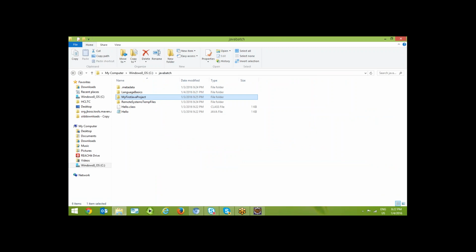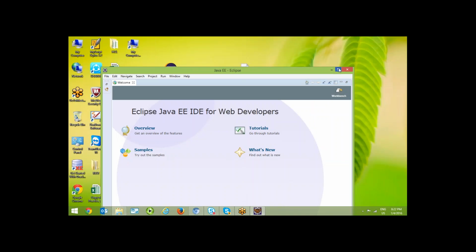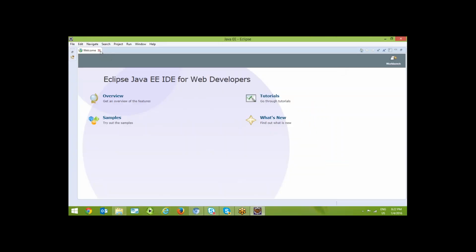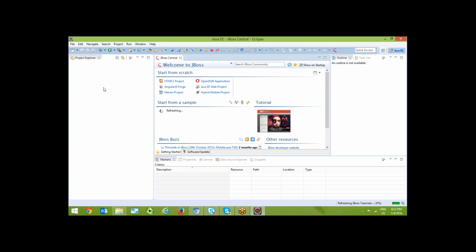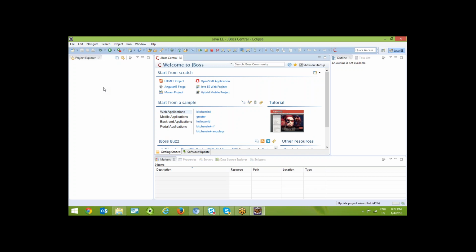So now again it is going to start with the new workspace in which there are no projects available. Now it is started again. You close this welcome window. Now this is again the Eclipse IDE only, but there are no projects available because it is a new workspace. Whenever we are working with different projects like this, we can switch from one workspace to another. A workspace is nothing but a folder into which some projects are created.